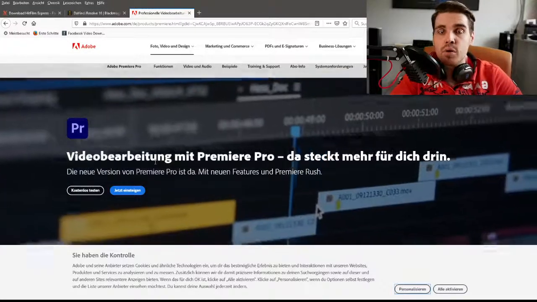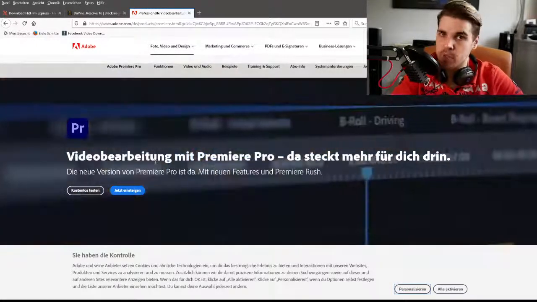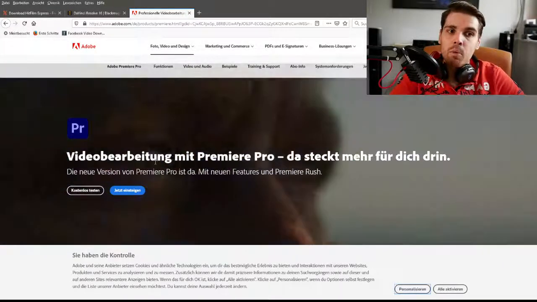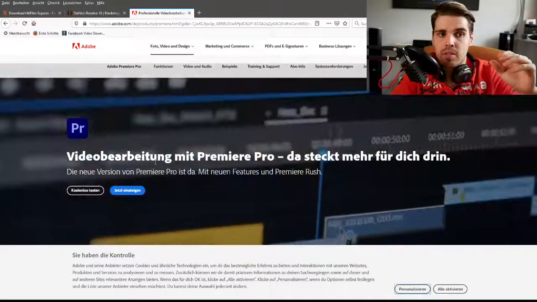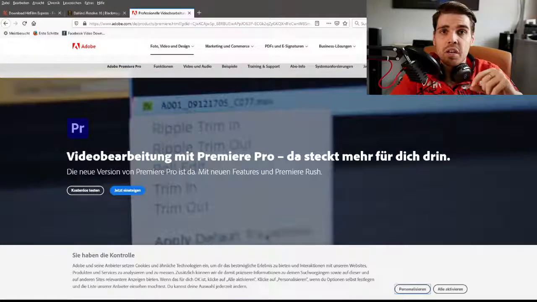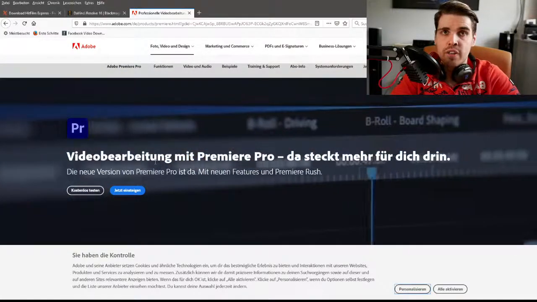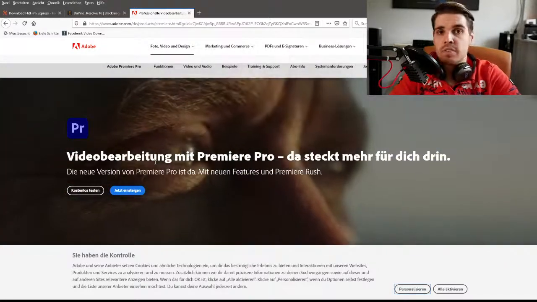And even though it's true that all these softwares do the same thing. They edit, they cut, they add music, they do all the beautiful things. You can change the colors. It's great. But when it comes to the small details, you're going to invest a lot of time into it. Because, for example, if I want to make a transition that is super fancy on Premiere, the process is a little bit different on Hitfilm.